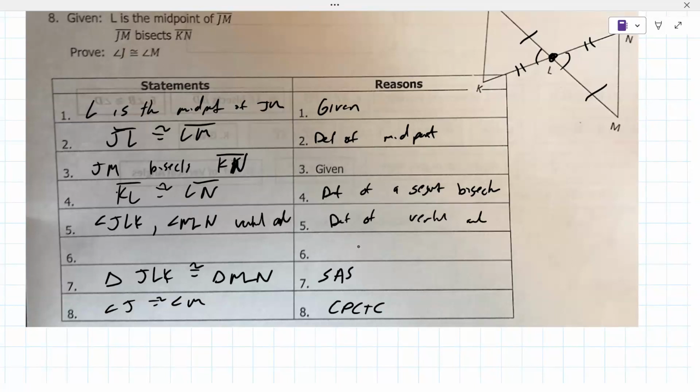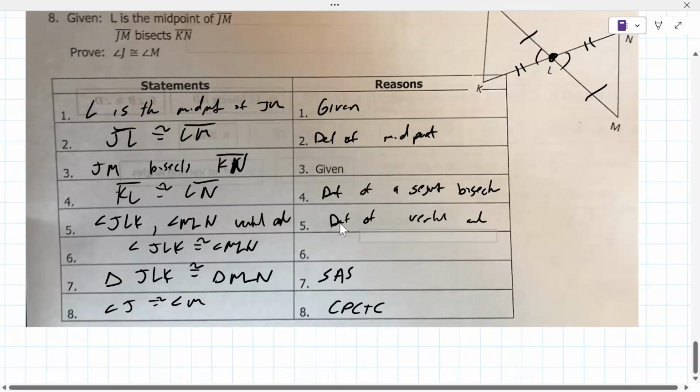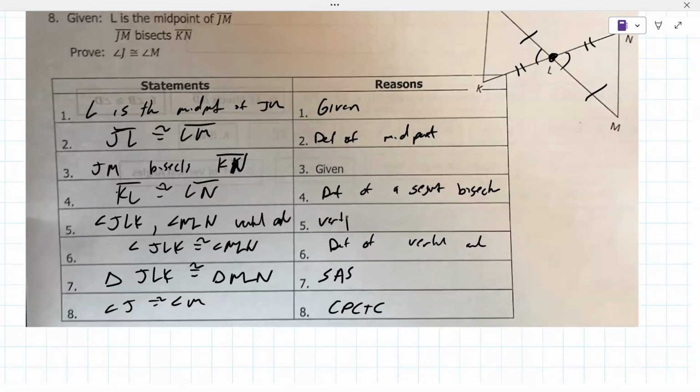And then you can say that angle JLK is congruent to angle MLN. Or maybe that is the vertical angles theorem, something like that. That'll get you pretty close to this. All right, make sure